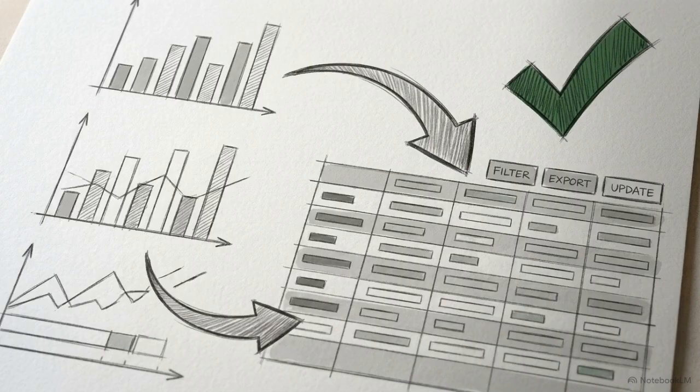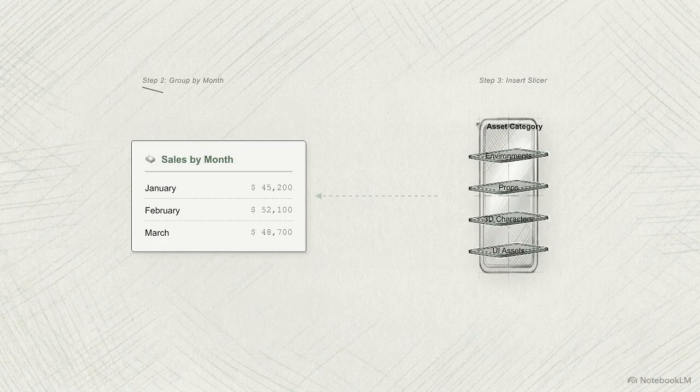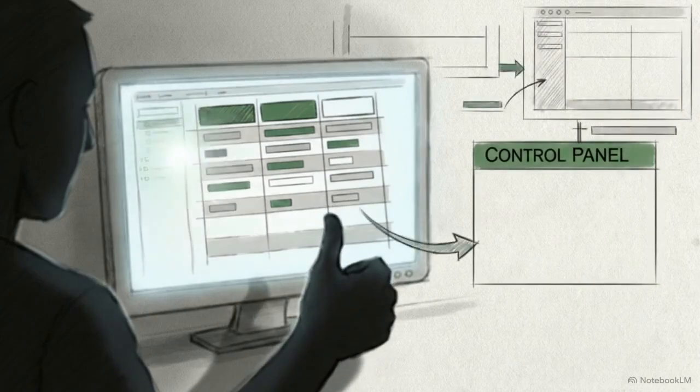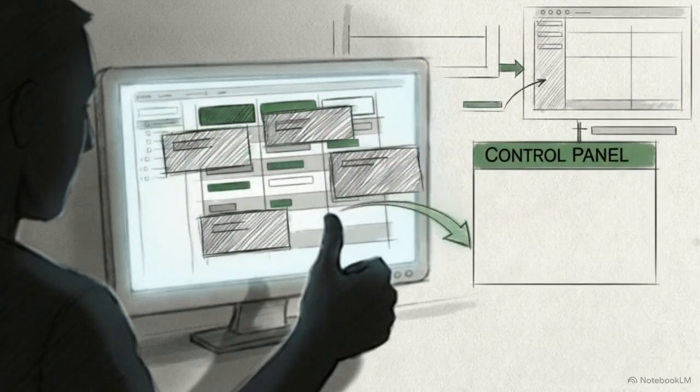Make this refresh step a habit before sharing your work, as it ensures your summary reflects the most current numbers in the database. You now have a table that groups sales by month and uses interactive slicers to isolate specific asset categories. Reporting that used to require manual filtering and hundreds of sum formulas is now handled through a drag-and-drop